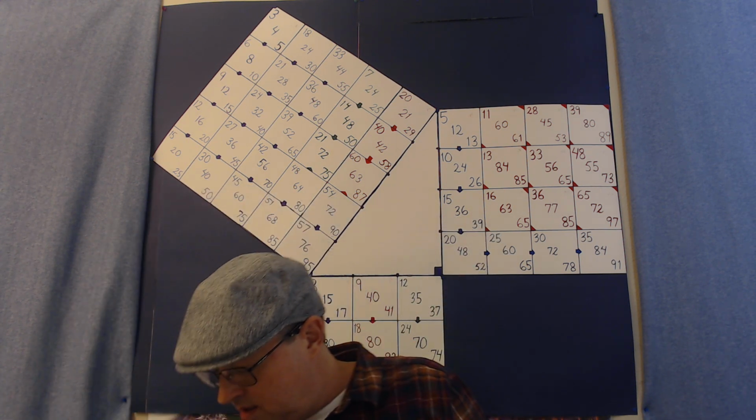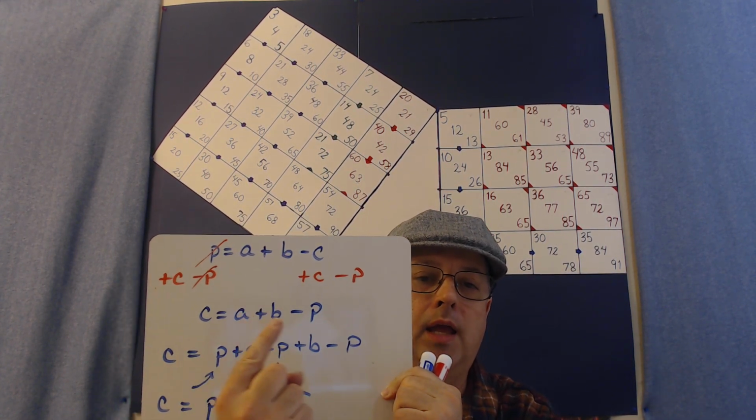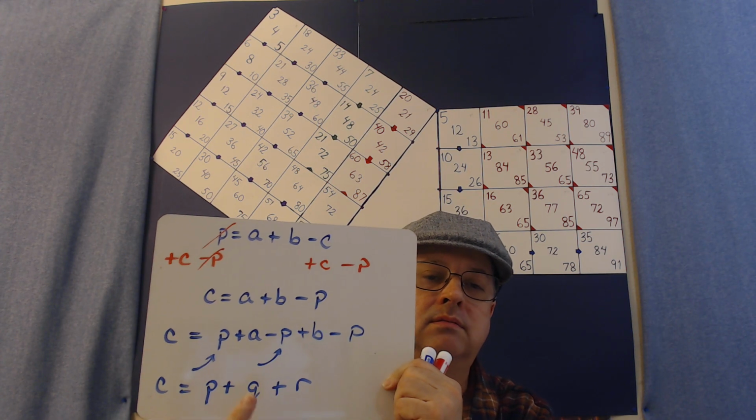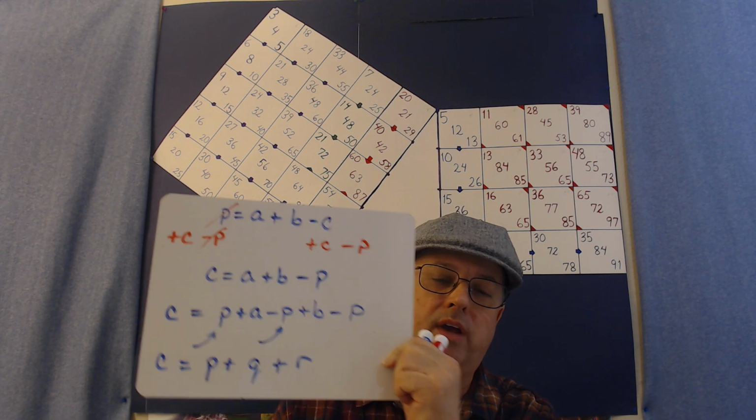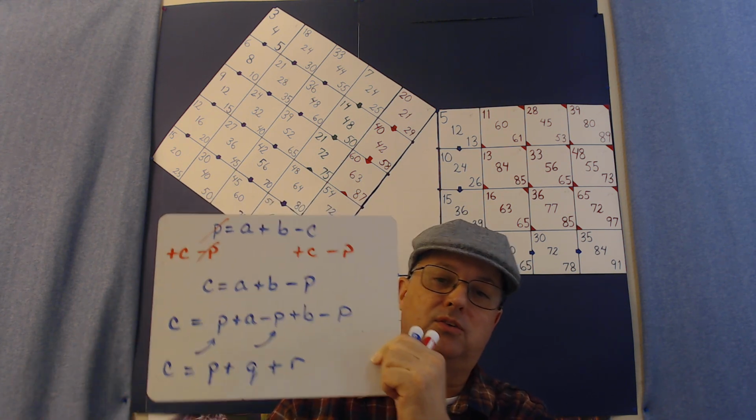And then C is A plus B minus P. And that gives us the P plus Q plus R. Okay? So now, if you're thoroughly turned around there,